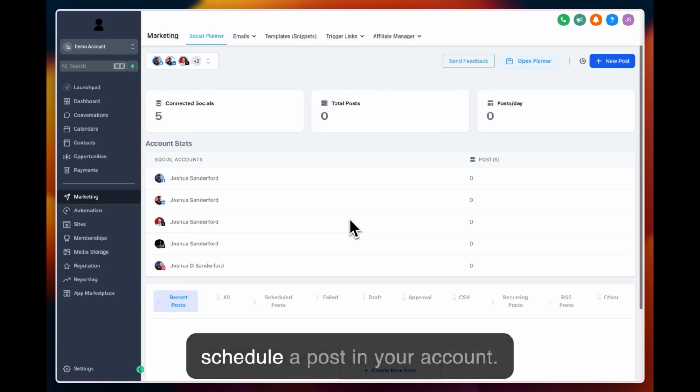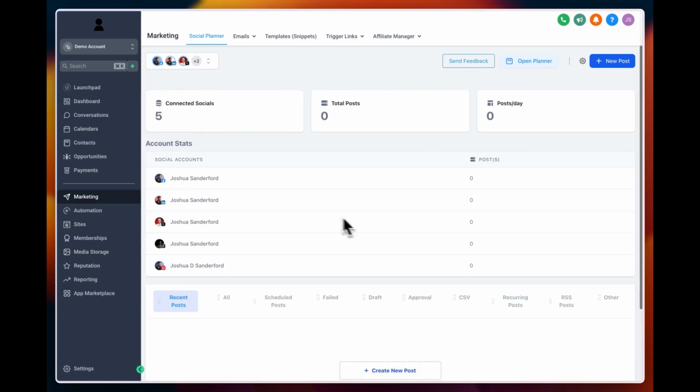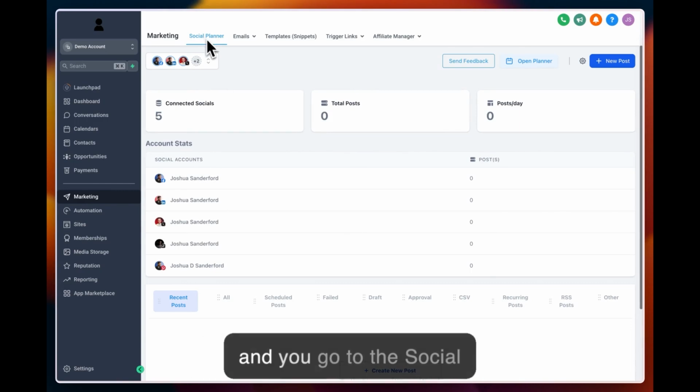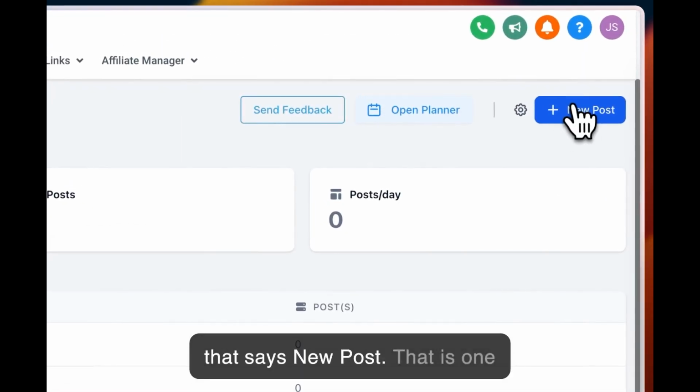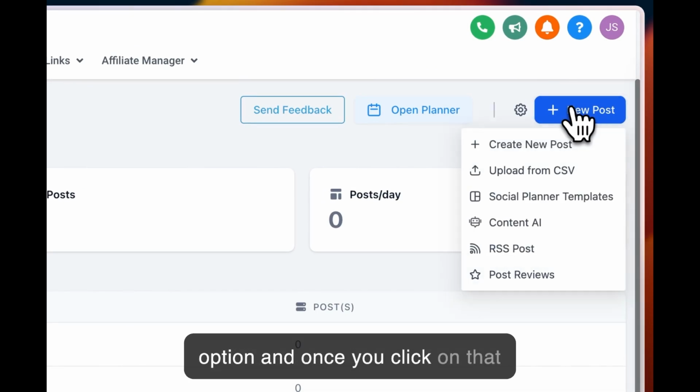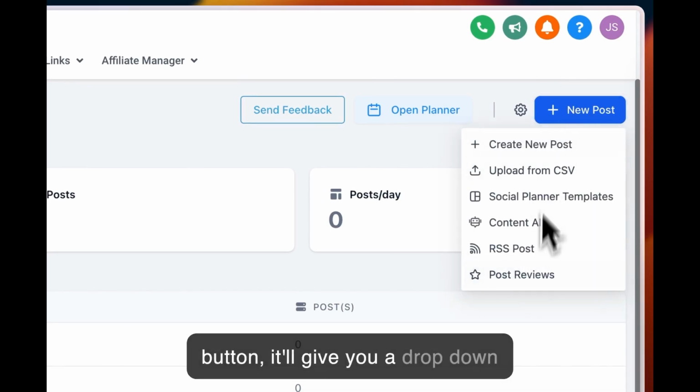Let me show you how to schedule a post in your account. Once you're in the marketing section and you go to the social planner, you'll have this button in the upper right hand corner that says new post. That is one option, and once you click on that button, it'll give you a drop down that gives you